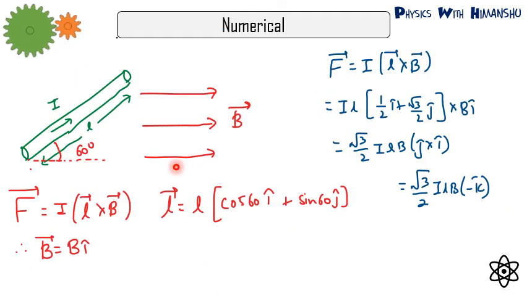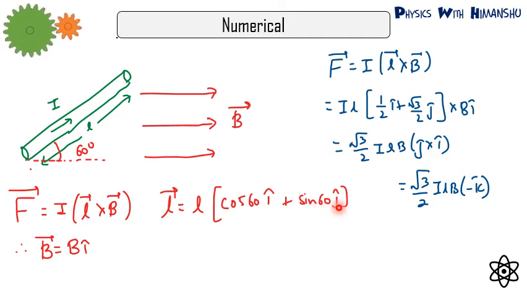Okay, we'll take one more numerical. Suppose we have a current carrying wire I of length L, but it is at 60° with the magnetic field. So the magnetic field is in positive X, but the current carrying wire is placed like this. If you remember, there's a topic called component of a vector or resolution of a vector in class 11th. So we'll resolve this L vector. L vector will be L. See, with the X axis, the length is making 60°. So cos 60 i cap, and for the positive y axis we'll write sin 60 j cap.